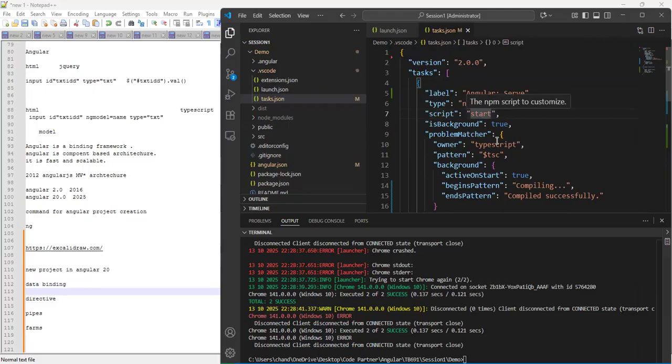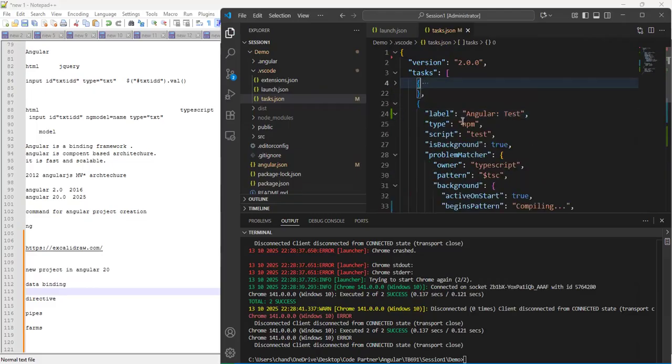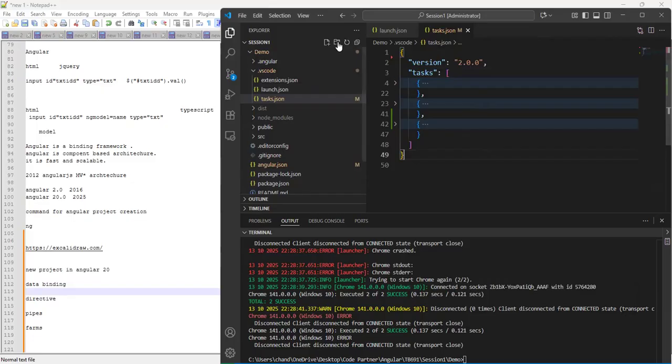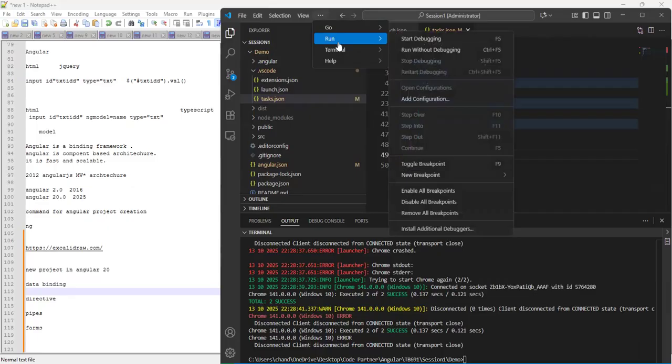Here we can run, and here we can test. Here we can build. There are three things we can define here: build, test, and run. You can assign them and press F5. This is F5. If I press F5,